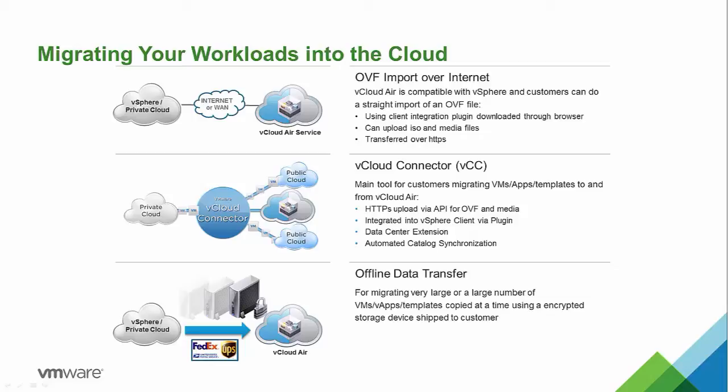Offline data transfer, or ODT. This could be used for migrating very large or a large number of VMs, vApps or templates. It uses a storage device that will be shipped to customers by VMware. When it arrives at the customer's data center, they will plug it in, use VCC to copy the VMs and templates they want down to the storage device, and ship it back to their data center of choice. Once it arrives at the data center, VMware operations will then upload to the customer's cloud